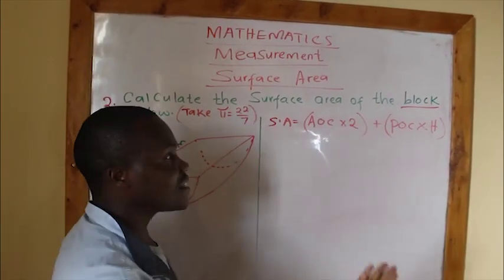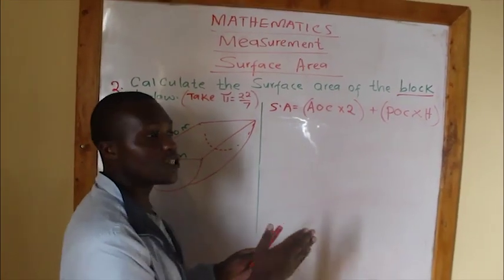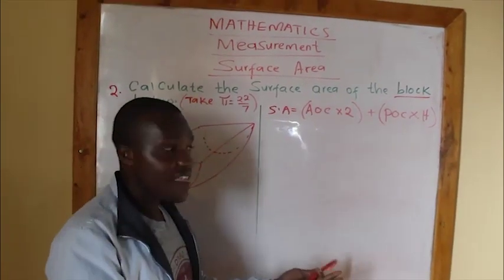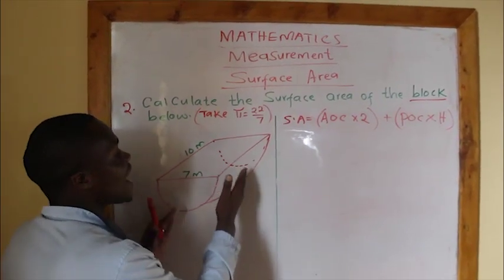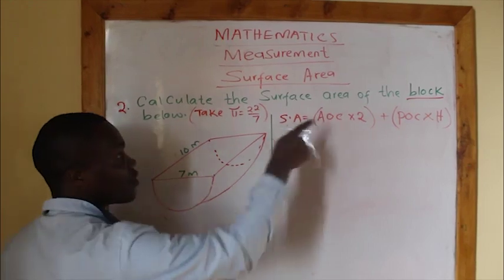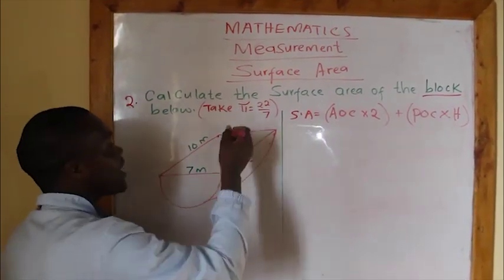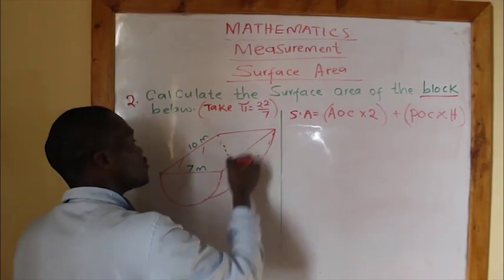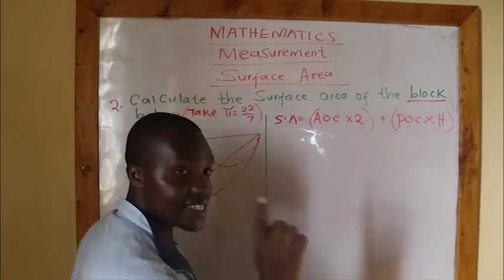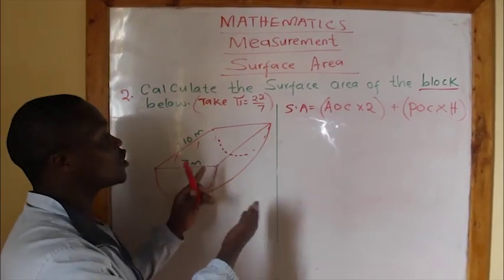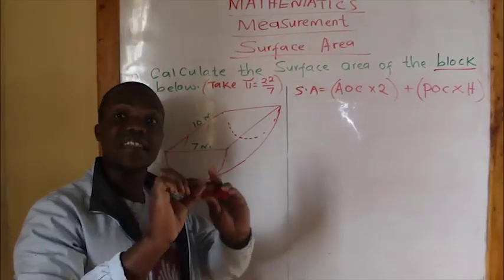A block is like when you take a log of wood and you divide it into two, it will form the two halves. That is the two blocks. Now this block, it's half of a cylinder. Now the difference is that a block has got the top surface, which is covered. So we shall do the same way we did the first question, but here the only extension we are going to do is we are going to remember the area of the top surface, that is the rectangle.